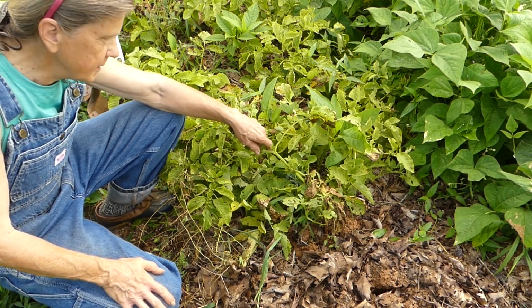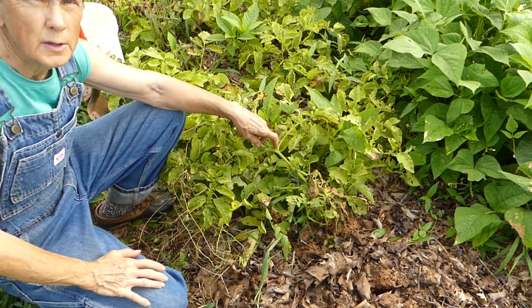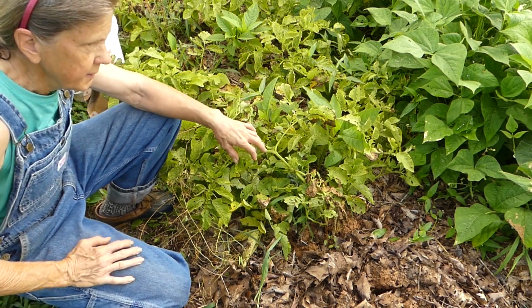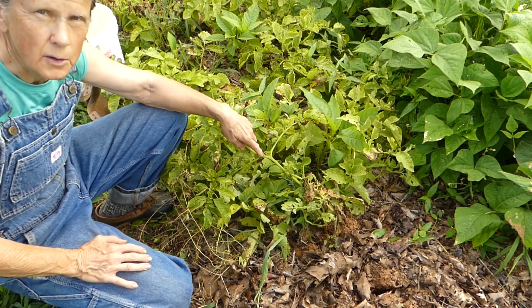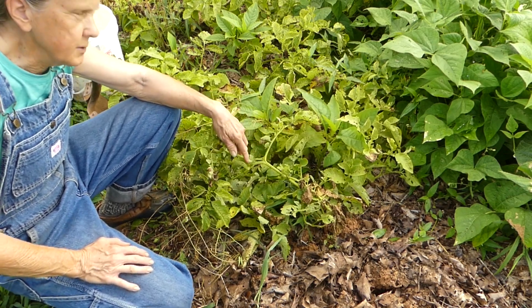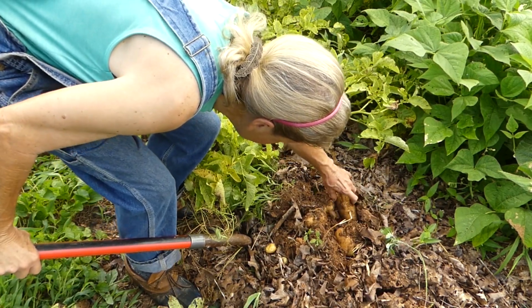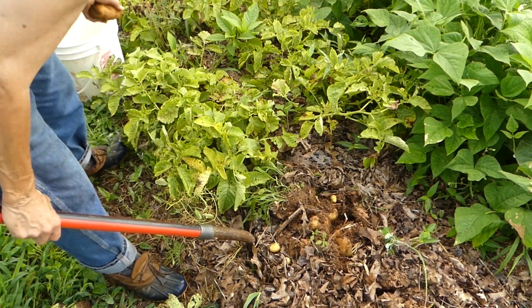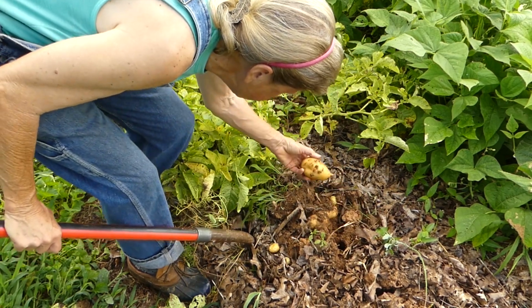I've been digging potatoes, usually a 5-gallon bucket a day, so I don't have to dig all of them at one time. And I've got about 8 or 10 boxes in the house already, and I've still got quite a bit to go, but I wanted to show you today how they were turning out. This is a Grand Duke potato, and I like that very much. It's got a really nice yellow flesh,